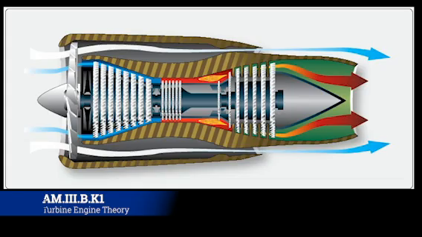Just like we do with pumps, as that air molecule comes in, it's going to get compressed a little bit, and then it's going to go into a tighter space, which is going to compress it a little bit more, and then into a tighter space, which is going to compress it a little bit more. This is how we have stator vanes and turbine vanes, and we'll get into that in just a little bit. As it squeezes down super tight, it's eventually going to roll into the combustion section,